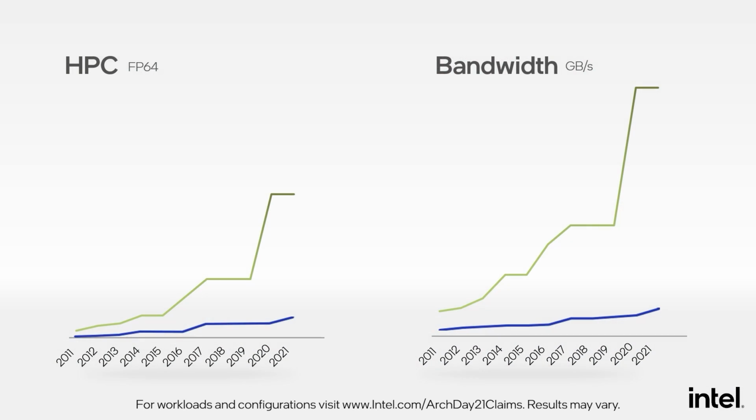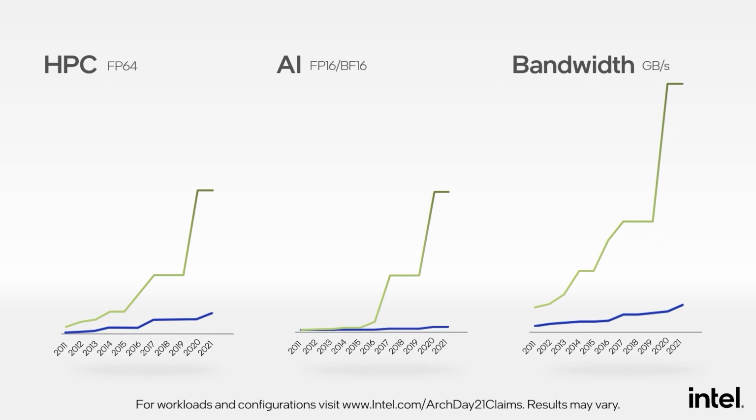The first chart is FP64 flops. The blue line is Intel versus the green line, which is the best in the industry. The second is a similar chart for memory bandwidth. As is obvious, the gaps were quite large. And in 2017, when GPU architecture started adding special engines for matrix processing with AI data types, the problem got worse. Now, mind you, the real-world performance deltas between CPUs and GPUs are much lower than these charts indicate. But the gaps were real.